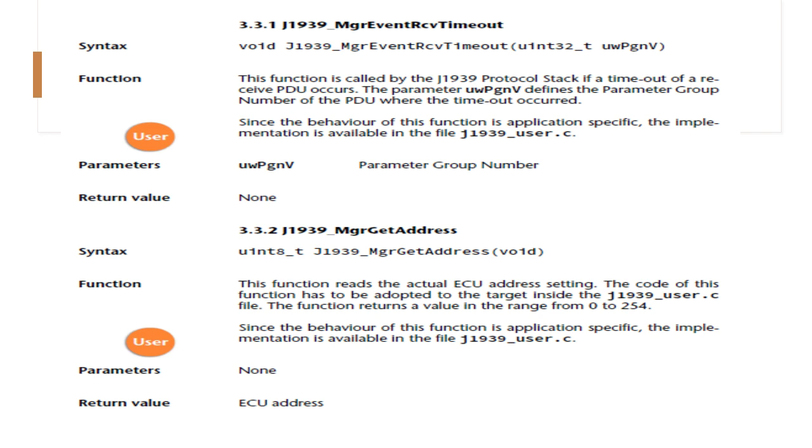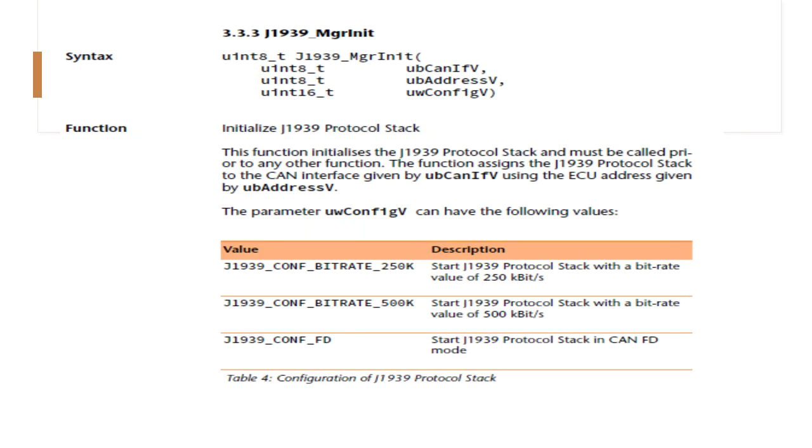Let's get into the initialization of the manager, that is mgr init, which has three parameters: ubCANIfv, uint8 underscore t ubAddressv, and uint16 underscore t uwConfigv.